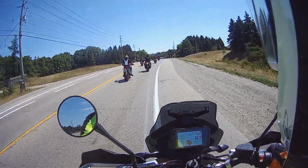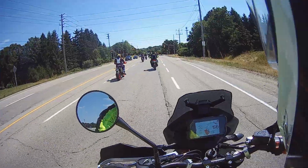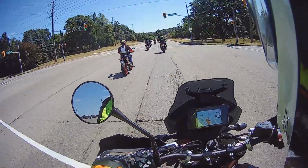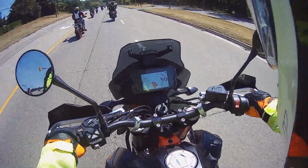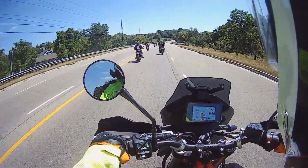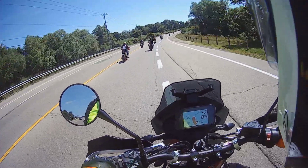Easily exceed 100 kilometers an hour in fourth gear, no problem at all. Probably in third, actually. So the motor is very impressive, I must say. Very little to no vibration in the handlebars, foot pegs, any of that. I'll be riding the